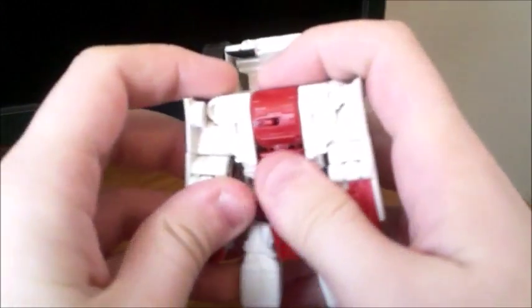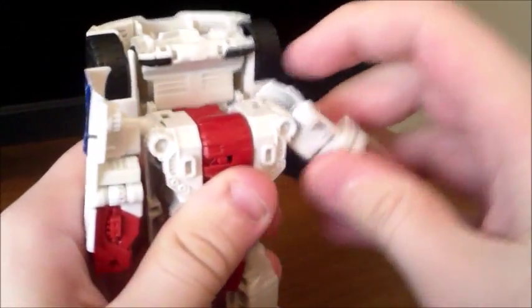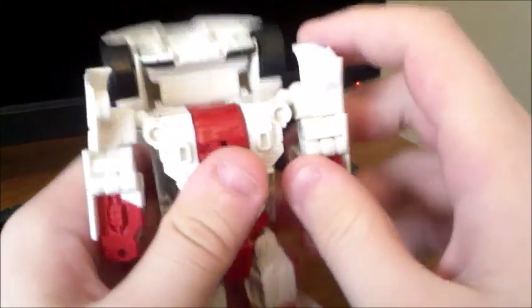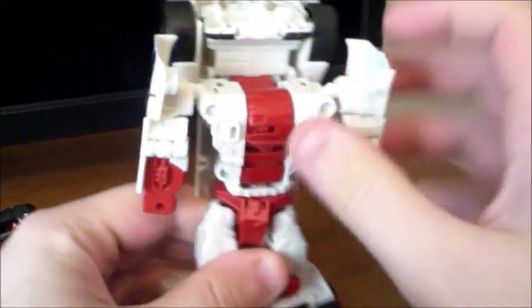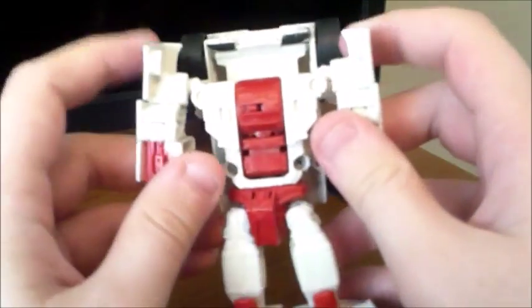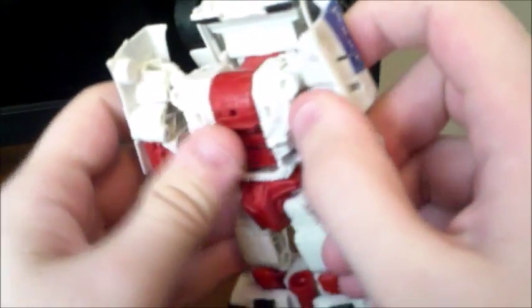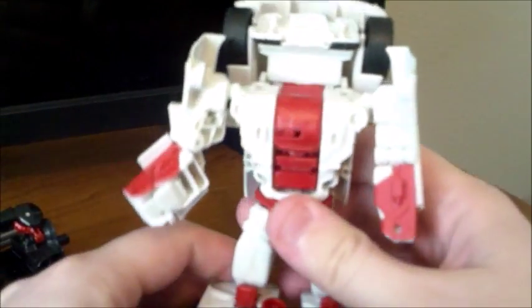There we go. Then up here you have these ratchet and a ball joint, and you'll use that to bring out the arms, and you'll see the little, I don't know what you call them, little stilts come out up here and stick out just above where the chest actually goes to have the arms a little bit higher. Then you're just going to have to get these hands out, and these hands they're ratcheted